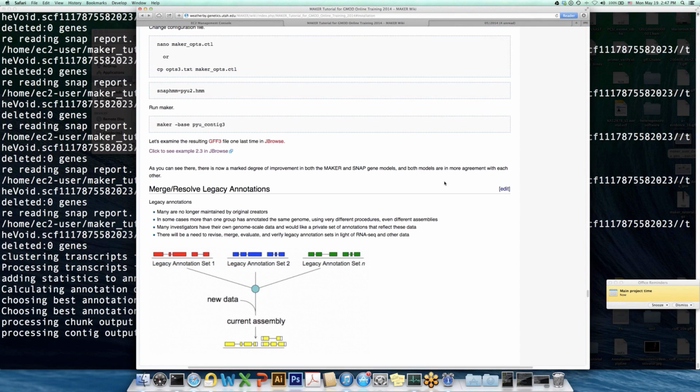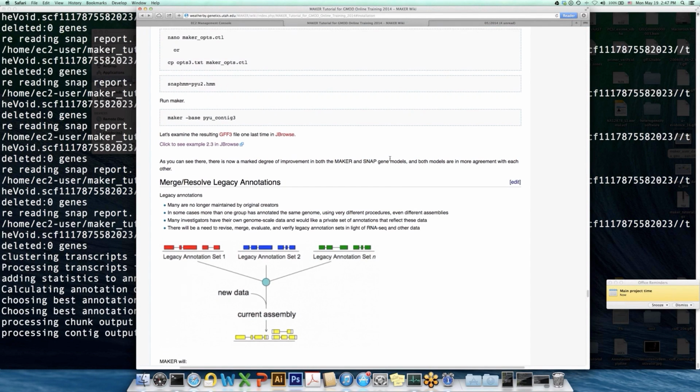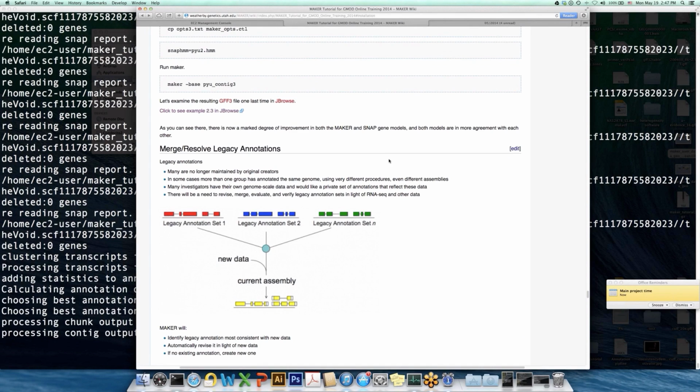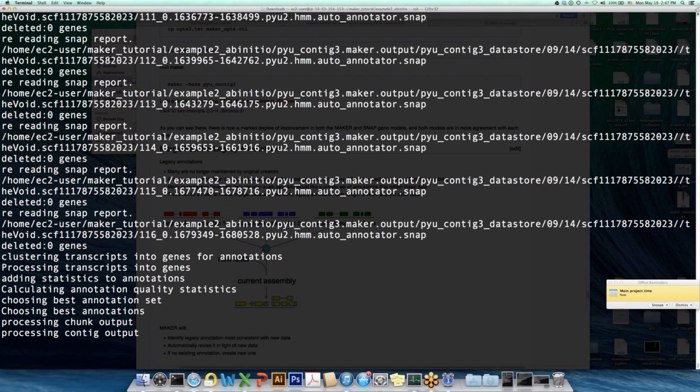Okay, so let's go back to the wiki. Okay, looks like we've got a few minutes left. I only have 2 examples to go through. We can take a brief pause for a couple of minutes, making sure all of the questions are being answered. I know it's sometimes hard to follow along, but